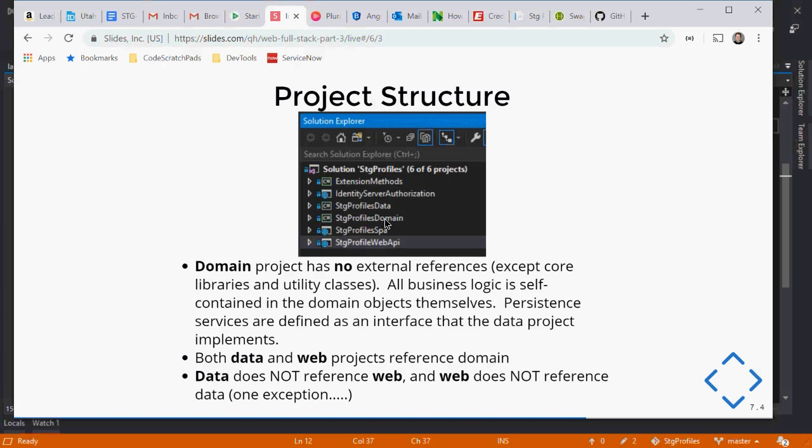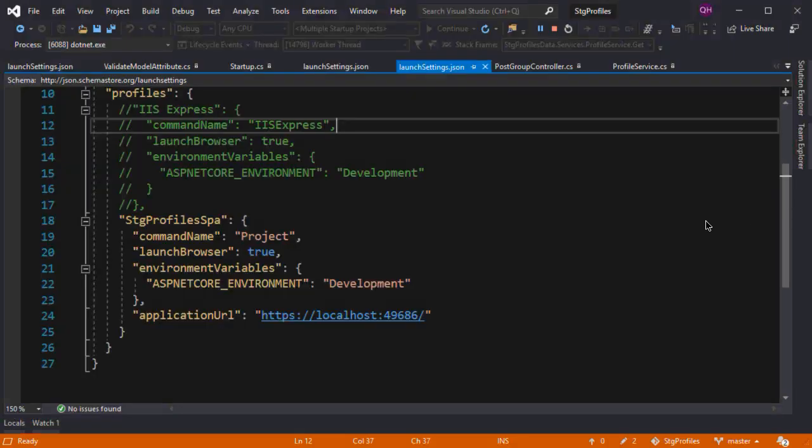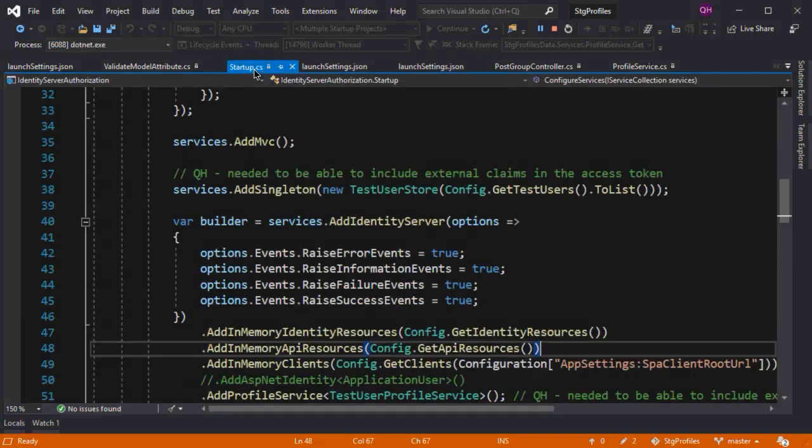And the final rule, the data does not reference the web project, and the web does not reference the data. There is a huge exception to this rule. I'll show you in a second. And that is this. What about your dependencies? So your client, your web class, your startup CS, you've got to map the interfaces somewhere, right? You've got to say, okay, this interface in my domain layer maps to this service in my data layer, because you have to implement a way to get and save your data. So what you end up doing in your startup class here,